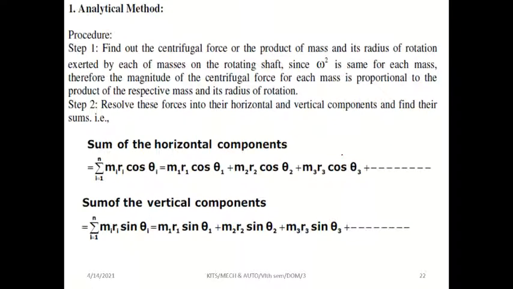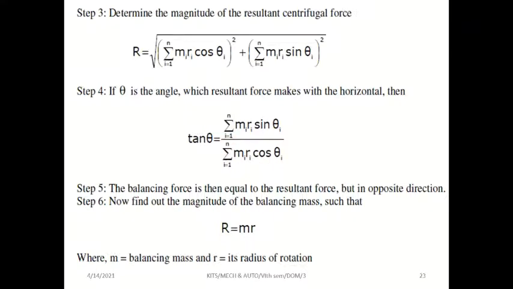Suppose if we solve the same problem in the analytical method, you have to add everything. First of all, you have to split the particular force component into horizontal and vertical components. To split it into the horizontal component, you have to put cos theta. Okay, for the vertical component, sin theta. If you put that, you will get the horizontal and vertical component values of the final resultant force. Then you put the values in the root: the square of the horizontal, square of the vertical, root. If you put that, you get the R value. Okay, resultant force value.